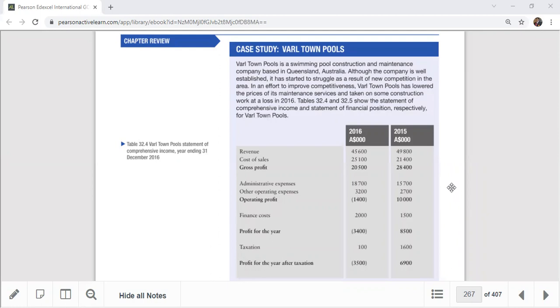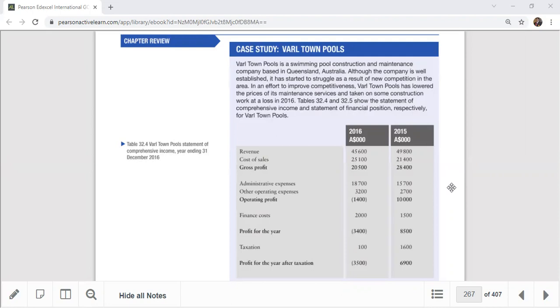Although the company is well established, it has started to struggle as a result of new competition in the area. In an effort to improve competitiveness, Varl Town Pools has lowered the prices in its maintenance services and it has taken some of the construction work at a loss in 2016. Table 32.4 and 32.5 show the statement of comprehensive income and the statement of financial position respectively of Varl